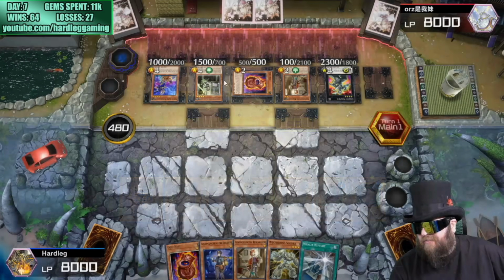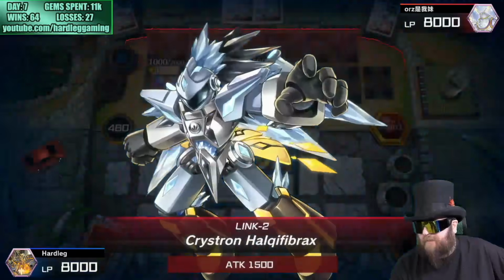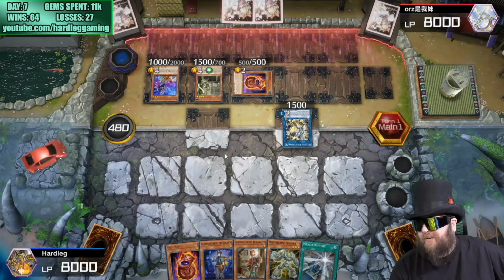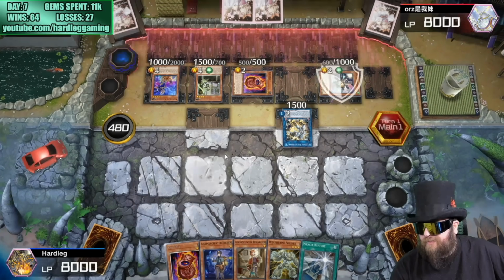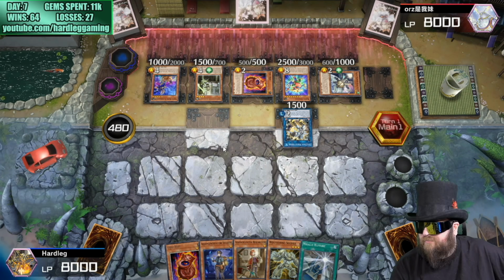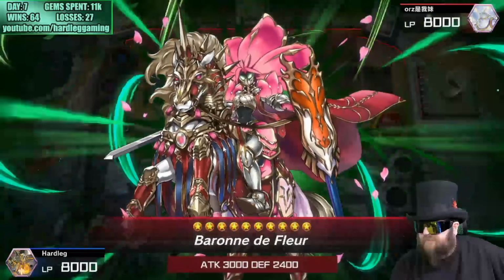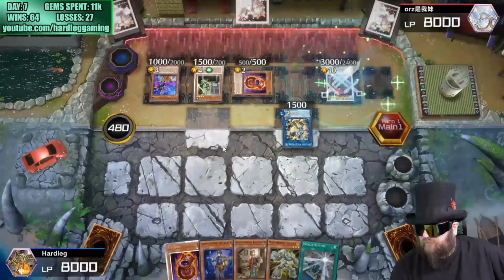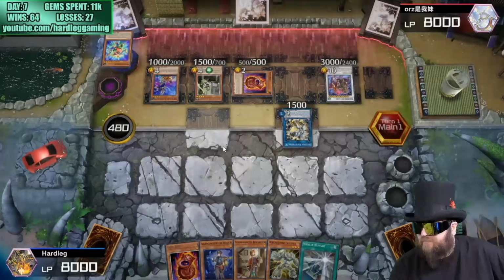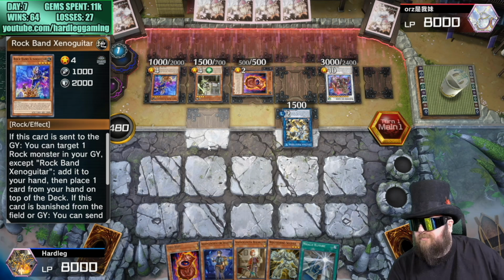You're fucked. If they make Herald of the Arclight, we're kind of screwed because we need to send things from deck to graveyard. Oh no. Are they gonna make Auroradon combos too? Oh no. Barone. Okay, so there's one Sadman. Ah, they've got